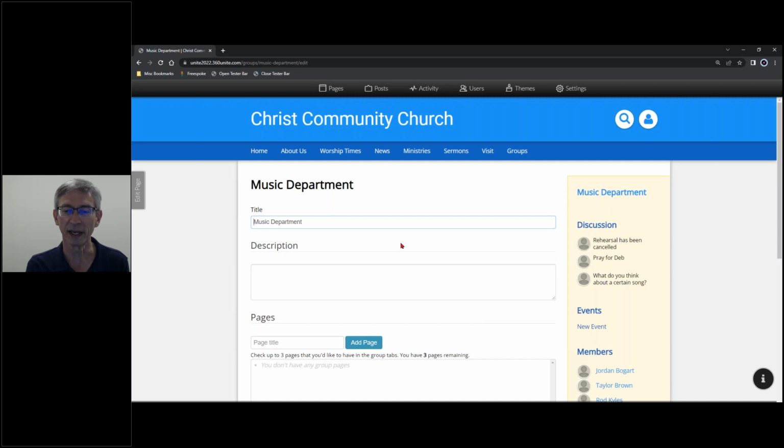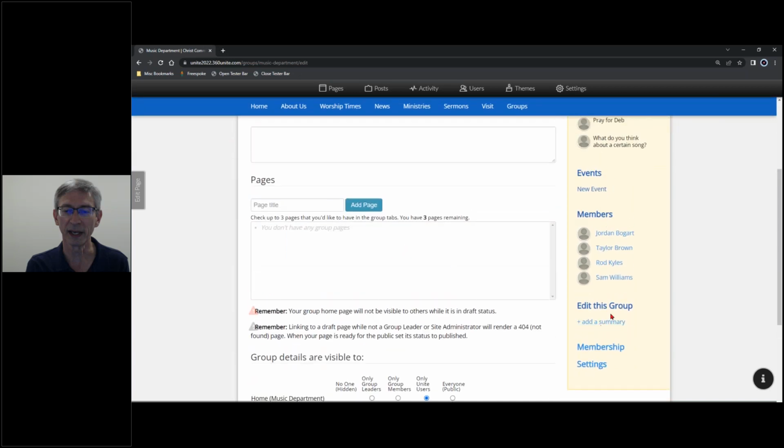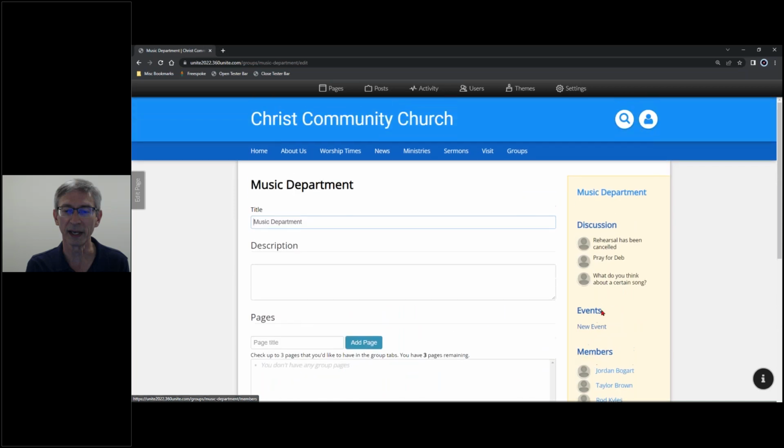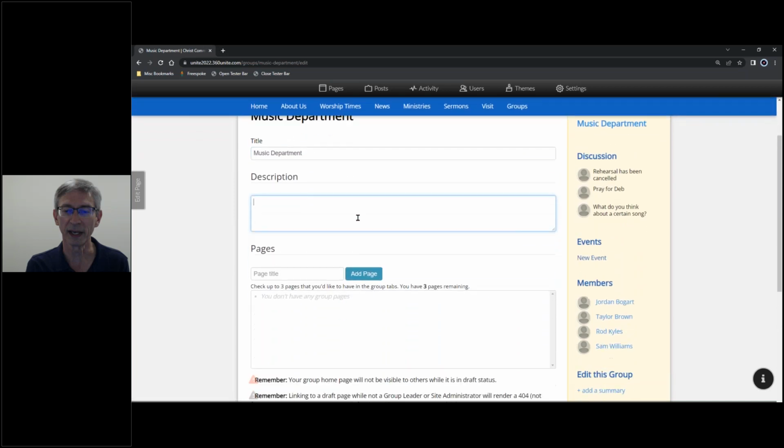Here on the edit this group option, what you have is the title of the page. You can add a description of what this group is about. You've got pages here, and as it says here in small print right across there, you can add up to 3 pages to your navigation here on the right. You can list more pages than that here within the groups page, but only 3 can be added to the navigation. So let's say we had